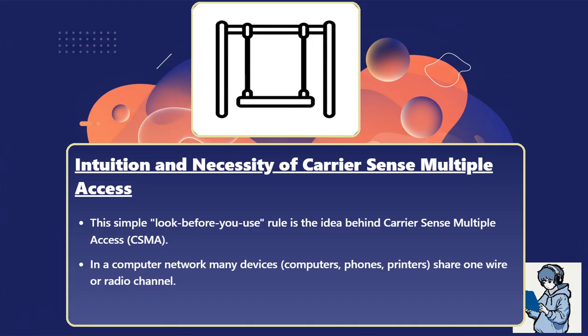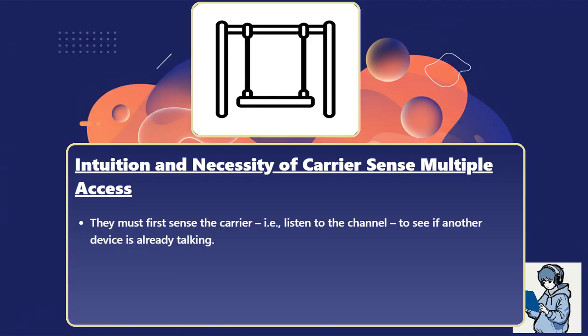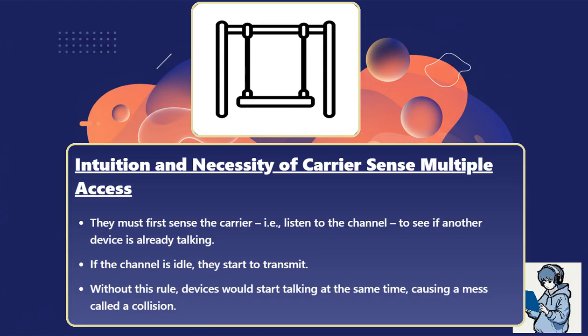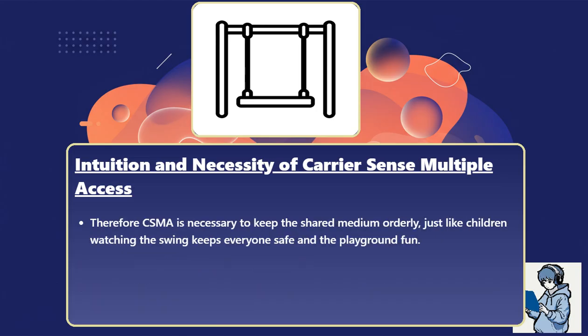In a computer network, many devices, computers, phones, printers, share one wire or radio channel. They must first sense the carrier, that is, listen to the channel, to see if another device is already talking. If the channel is idle, they start to transmit. Without this rule, devices would start talking at the same time, causing a mess called a collision. Therefore, CSMA is necessary to keep the shared medium orderly, just like children watching the swing keeps everyone safe and